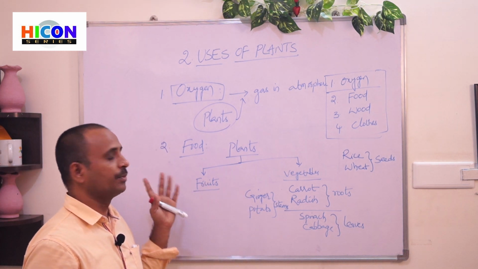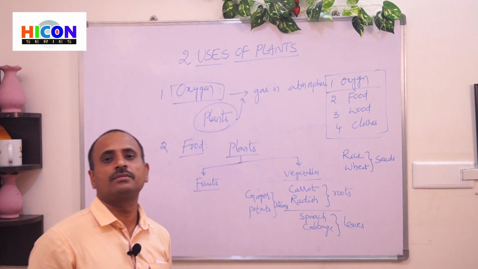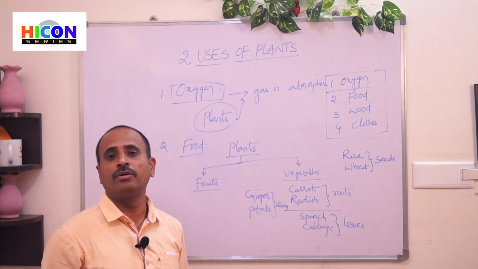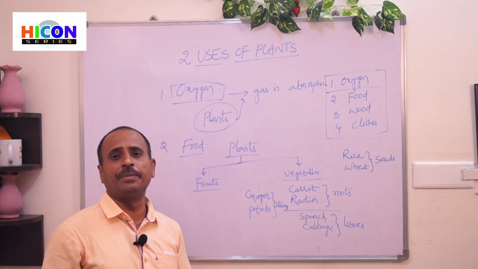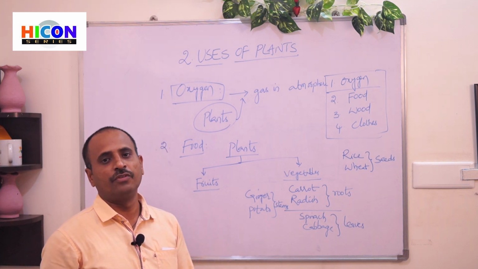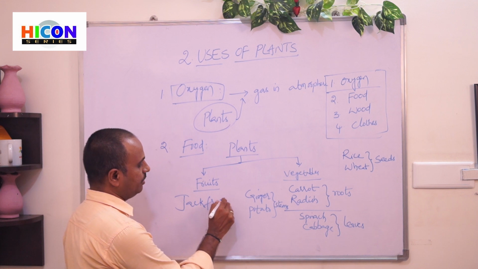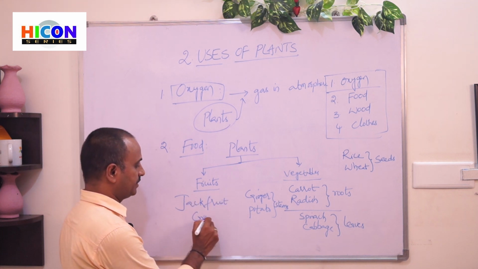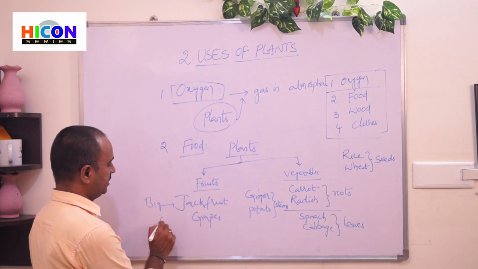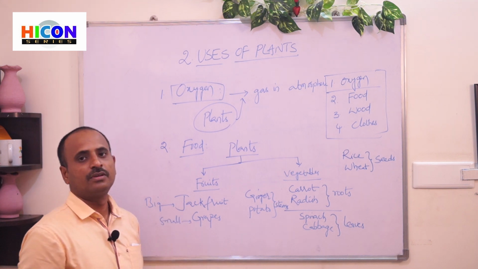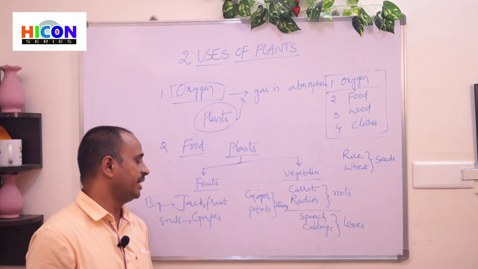In the same way, plants produce different types of fruits. That is apple, grapes, guava, orange, mango, jackfruit, watermelon. All these are different types of fruits. Some fruits are big and some fruits are small. If we take jackfruit, that is a big fruit. Jackfruit is the example for a big fruit, whereas grapes are the example for a small fruit. So children, in this way plants give us so many types of food and fruits,